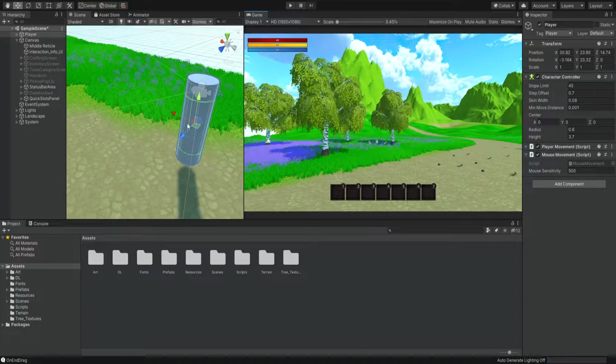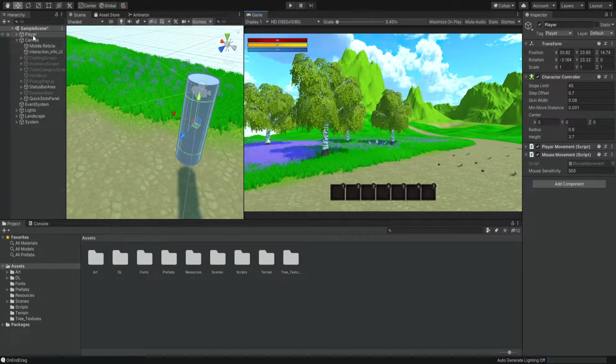So we want to make this axe model appear somewhere in front of our player, right? Because we want to see the axe in front of this camera. So when we walk around, it will be in our hand.